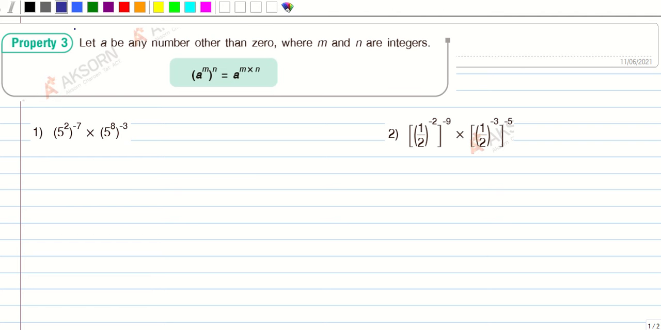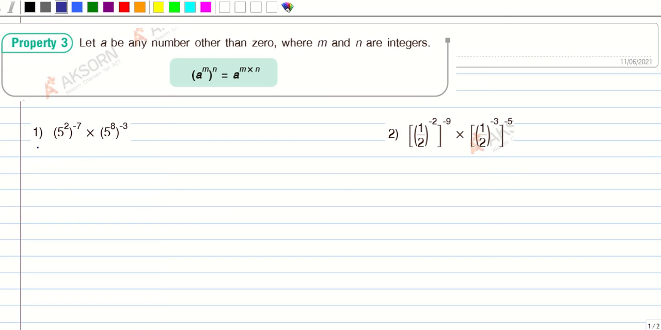Now for this lesson, we are going to look at property 3 of exponents. Let a be any number other than 0, where m and n are integers. So a to the power of m, into the power of n, equals a to the power of m times n. Okay? Now with this property, let us